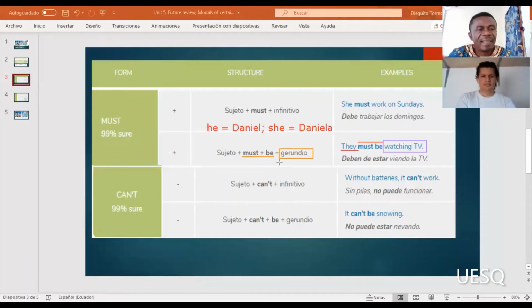Can't. Yeah. Can't. It also has a strong possibility. So subject plus can't modal verb, but it's in the negative form. It's can't plus infinitive. This one looks very, very simple. So subject plus can't modal verb plus infinitive. Okay, so